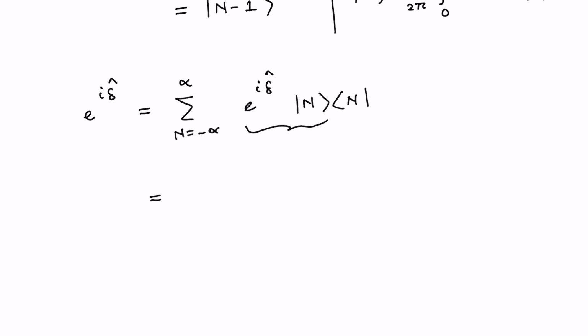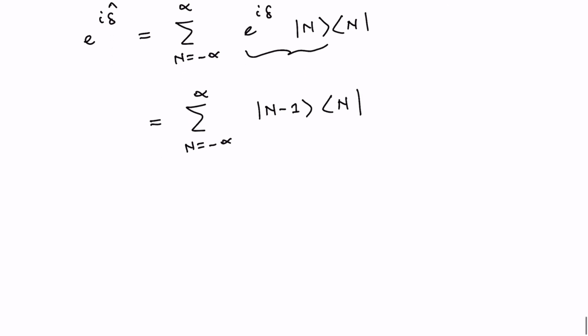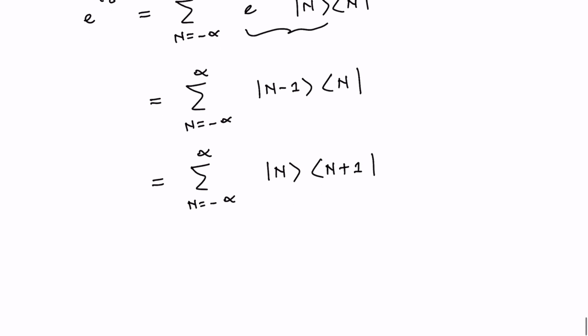So therefore utilizing that, I have n goes from minus infinity to plus infinity, here I have ket n minus 1 and this bra n. This actually I can also write without loss of any generality, because n goes from minus infinity to plus infinity, this I can write as ket n, and this I can write as bra n plus 1. Similarly,